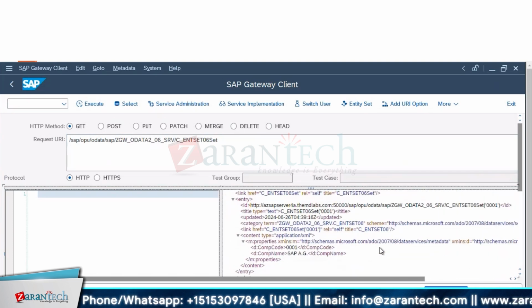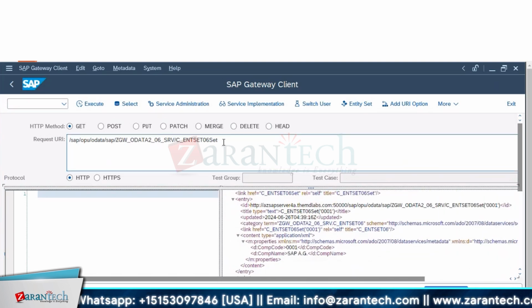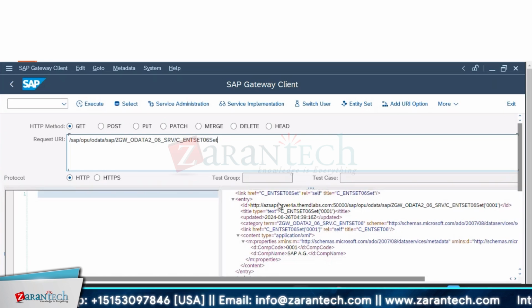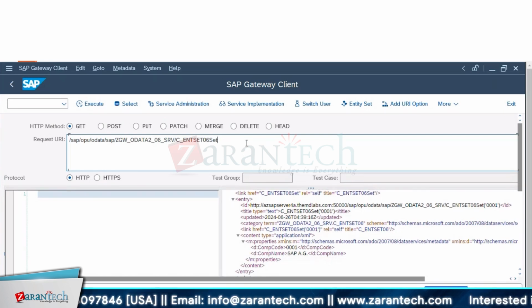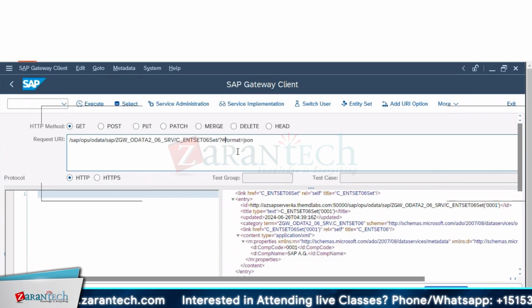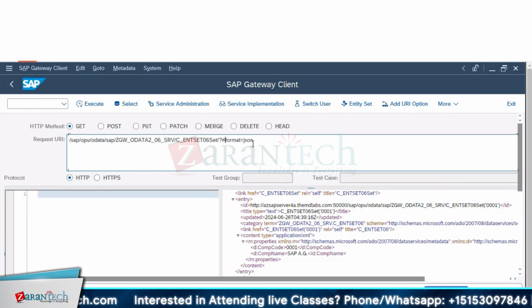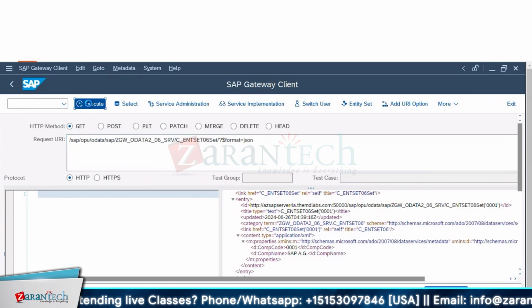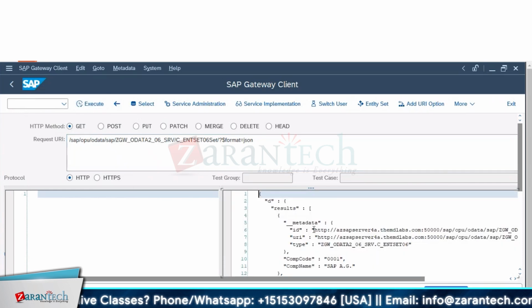This is the output text. And we can perform multiple operations by changing the link. Sorry, I'm speaking on mute. On this OData, you cannot perform post operation, put operation, or other things. You know why? Because you have not implemented those other operations in that given OData. For example, in this OData,